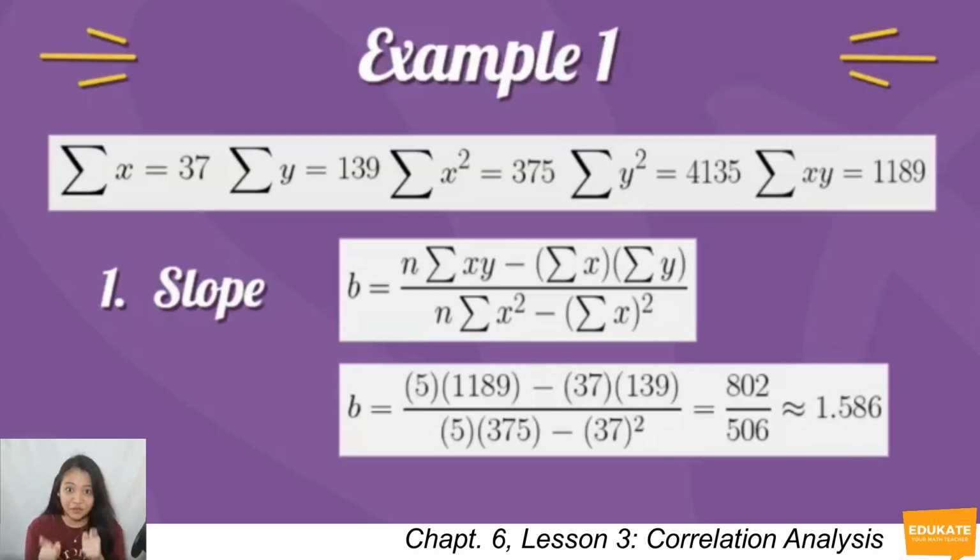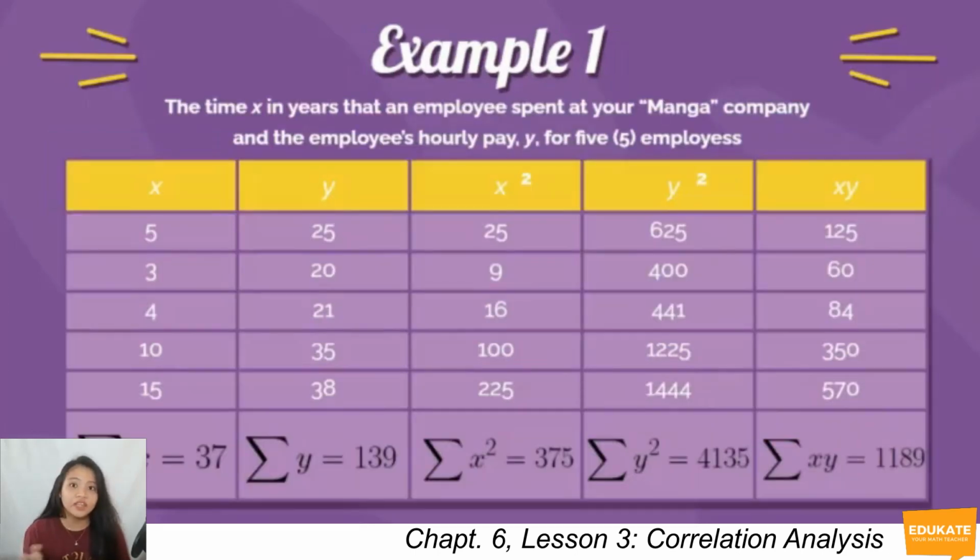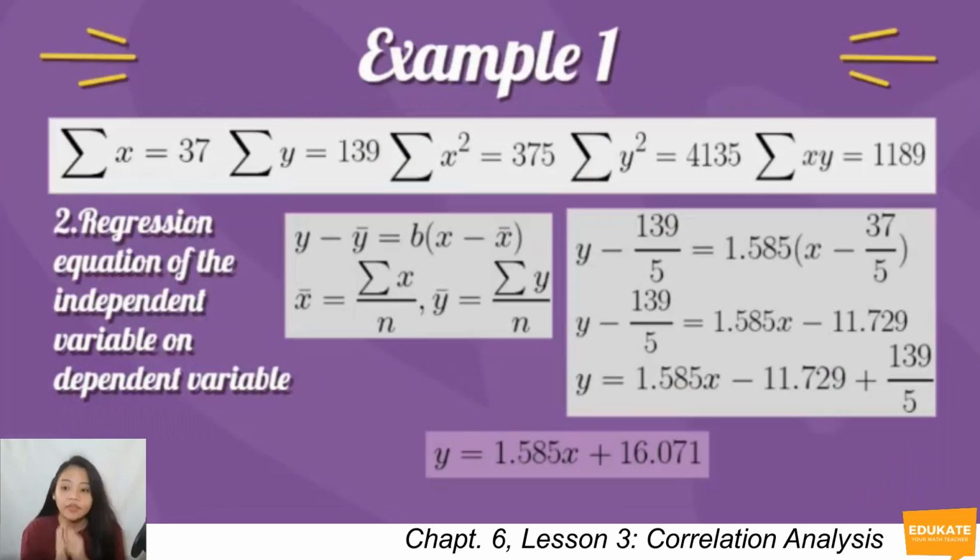After getting the next 3 columns, which is x squared, y squared, and xy, get the summations of each. Summation of x. So, ibig sabihin, na-add nyo yung column sa x. 5 plus 3 plus 4 plus 10 plus 15, that's 37. Next, summation ng y equals 139. Yung kinumpute yung slope kanina, times 102 equivalent to 139. Do that also for the next summations. Summation of x squared, that is going to be 375. Summation of y squared,